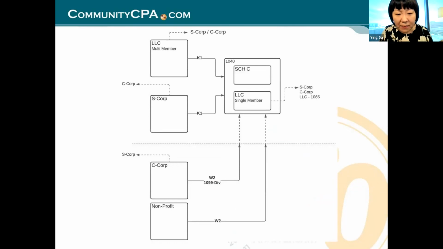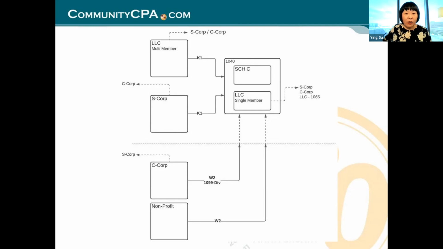So I want to show you this map. This is the map that I give to my folks who come to see me at the webinar, and it is all inclusive. It summarizes everything that you need to know, folks. So you can see that map. Here you can see the LLC as a multi-member, right? And that's a multi-member LLC. You see that dotted line on there, and that is the S corp, C corp. That means the LLC can be elected as S corp and C corp. So those dotted lines just mean that you can elect them to be a certain way.